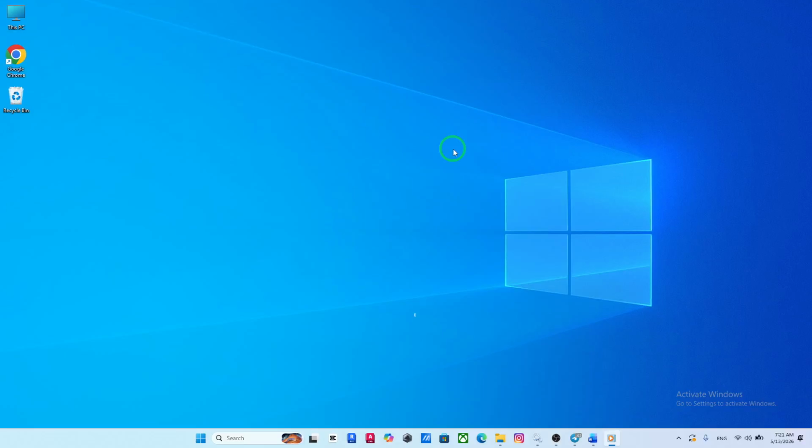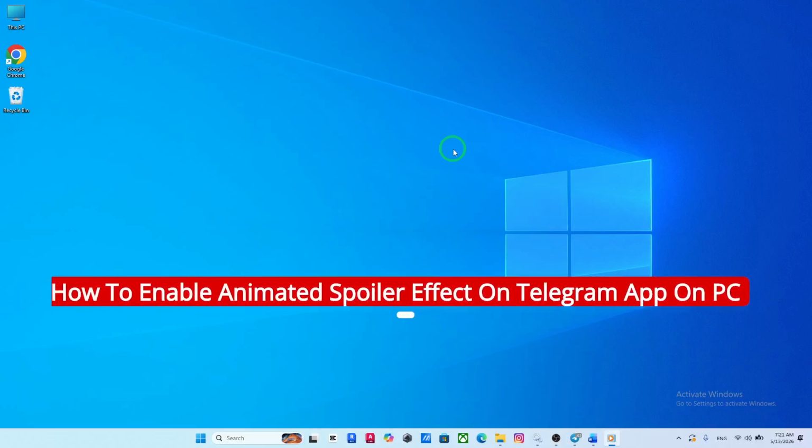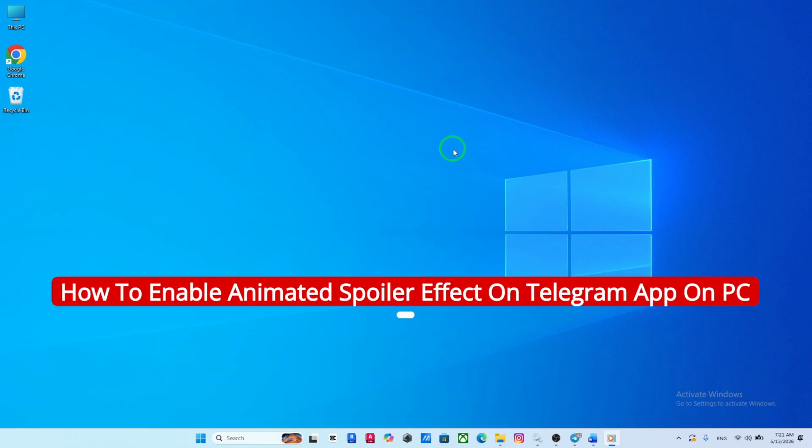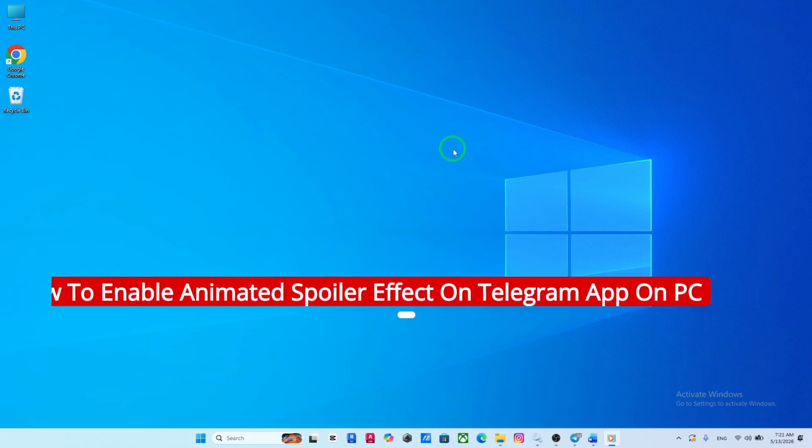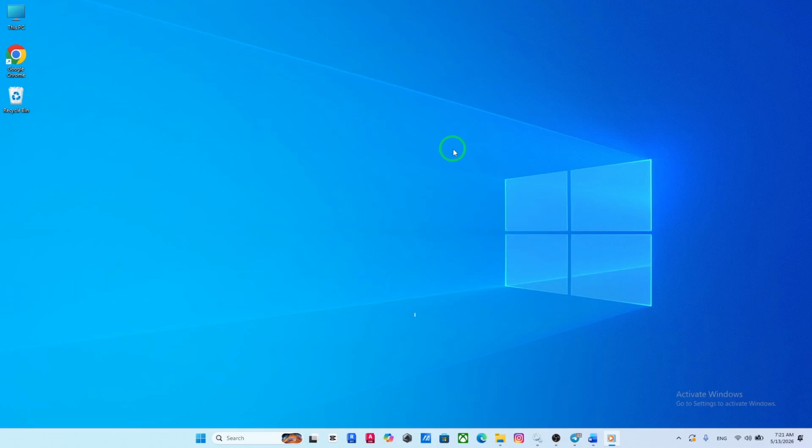Welcome. If you've been using Telegram on your PC lately, you might have noticed some cool new visual features rolling out. One of the most fun additions is the animated spoiler effect, which adds a smooth, eye-catching animation whenever you hide or reveal spoiler content in chats. If you want to turn this on and enjoy a more dynamic messaging experience, I'll walk you through it step